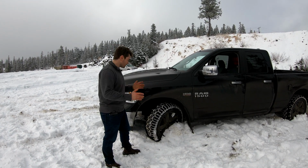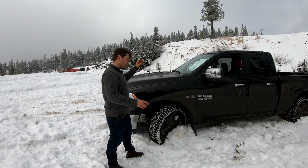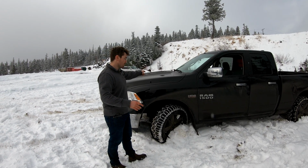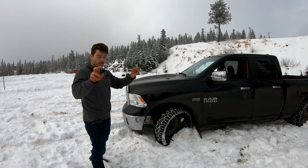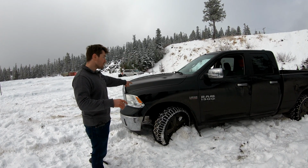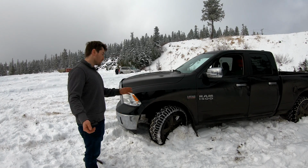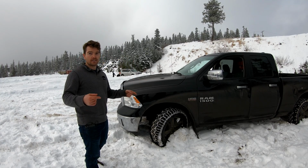All right, so what we saw there when these wheels were turned is that the front drive shaft was not receiving power 100% of the time. We did see some wheel spin on the other side, but that was intermittent. And when the front drive shaft is locked to the rest of the powertrain, one of these front wheels always has to spin no matter what. And if it's a locked front differential, both wheels will have to spin 100% of the time